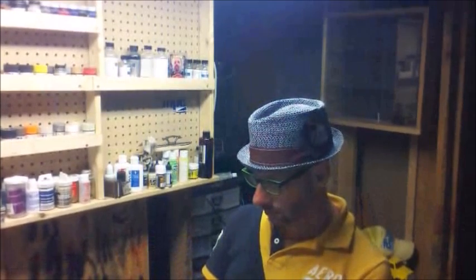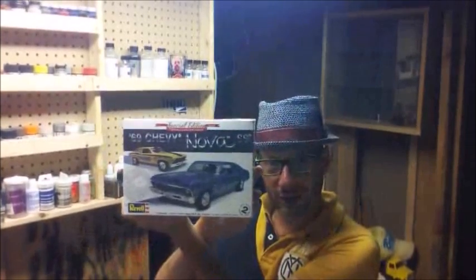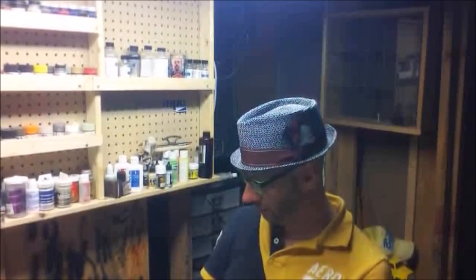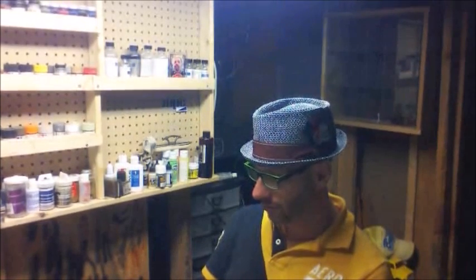Now, remaining in 1969, which was a very lovely year in Bordeaux. Anyway, you guys get a joke later. I picked up this one finally. I know. 2 Chevys. From the guy that builds Mustangs. Just couldn't resist. I've heard so many good things about this kit. And it's got so many parts and so many beautiful...